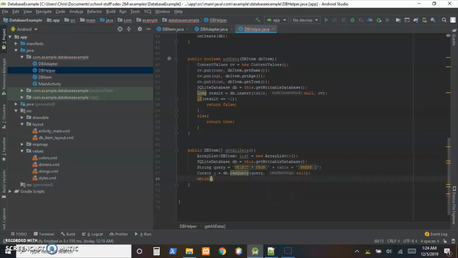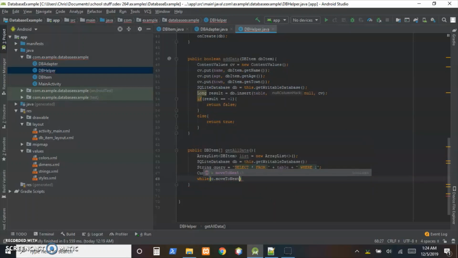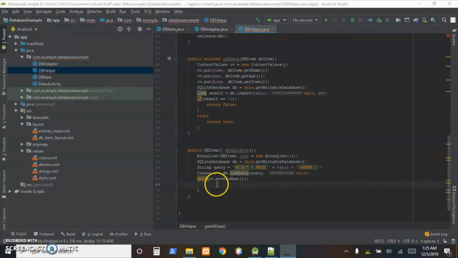So while c dot move to next, so move to next, it's just going to keep doing something, right? It's going to look at the first row, the second row, the third row, and eventually it's not going to be able to move to a next row. And whenever it can no longer move to the next row, then it will return false. So that's when our loop is done. But while it is moving through there,